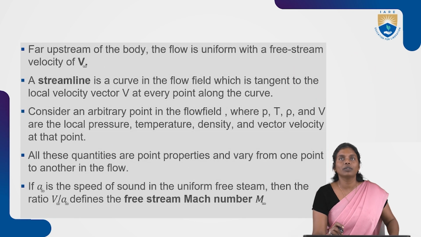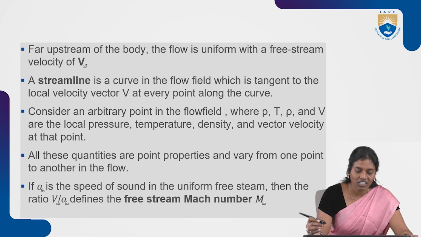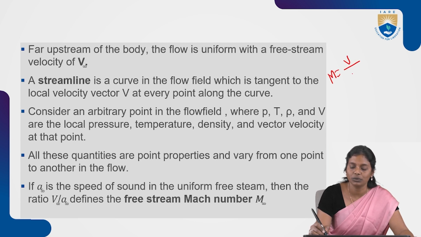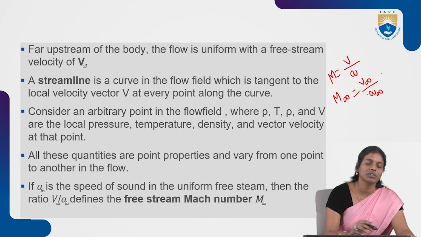Now from there, what we know further, what we are going to see is how the Mach number relation has been defined. Generally, Mach number is nothing but the speed of the object to the speed of sound. So for free stream, if you are considering, the free stream Mach number is equal to velocity of the free stream to the speed of sound at free stream condition. Uniform free stream condition, velocity of the object at free stream condition, these two will be given.